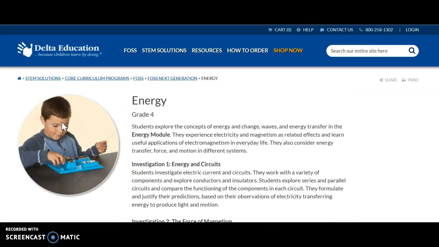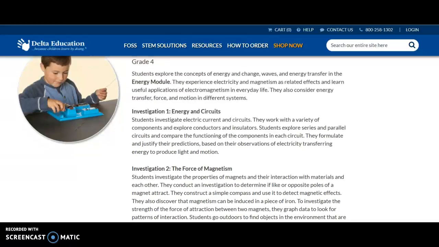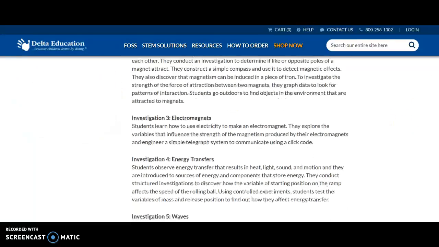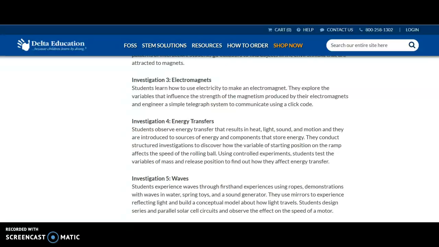This is right here when I'm showing one of the examples for a grade 4 classroom, and we're looking at energy. So it shows the different types. We have investigation 1, energy and circuits, and along with this we'll have different activities that the children get to try. There's a force of magnetism, electromagnets, energy transfer, waves, and then at the end they're going to have an assessment, and throughout the